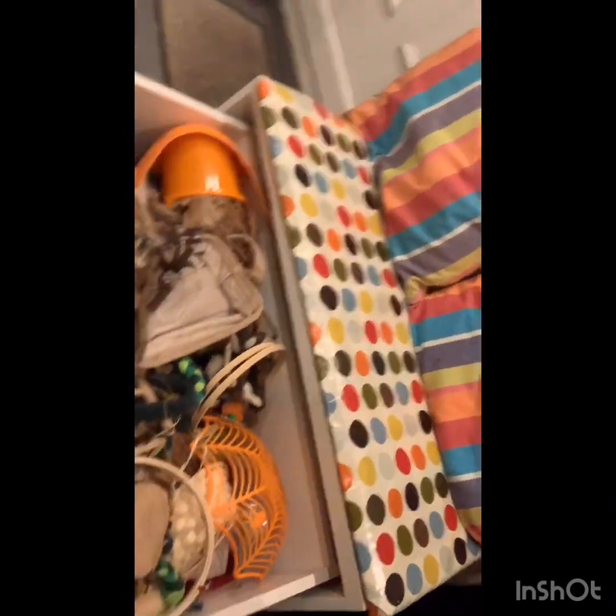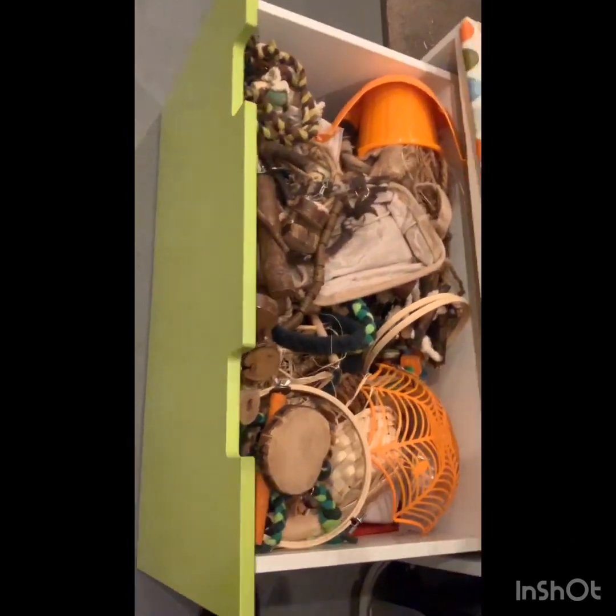I'll quite regularly sit on here when I'm filming something because it's the comfiest part of the rat room. But what it also is, which I love, is it's my storage for all my cage setup junk, so it actually holds a remarkable amount of stuff. I wouldn't really manage very well without that storage because it also holds very awkwardly shaped stuff too, which is appreciated. Again, I've covered it with this kind of vinyl cloth, which means I can wipe it down easily